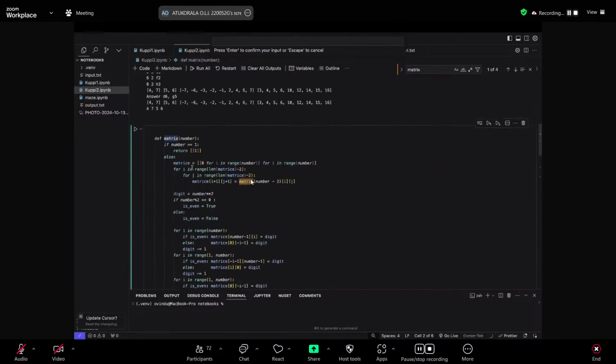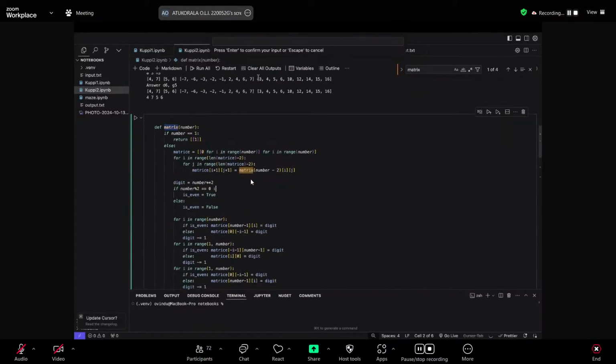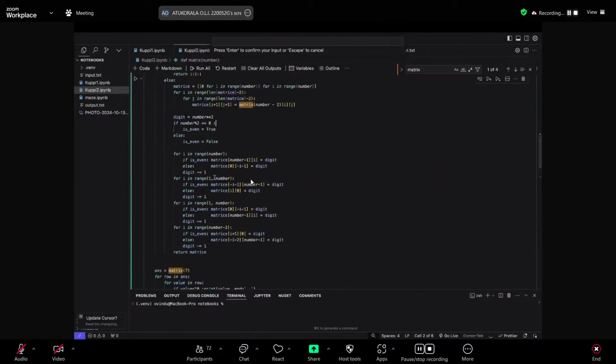If you just have a look at the code, you'll understand. It's just like I write the internal matrix, then write the numbers outside. After that, write the numbers outside again. Keep writing it like that. Hopefully that explains the idea for the spiral matrix. If there are any more questions, drop a message.